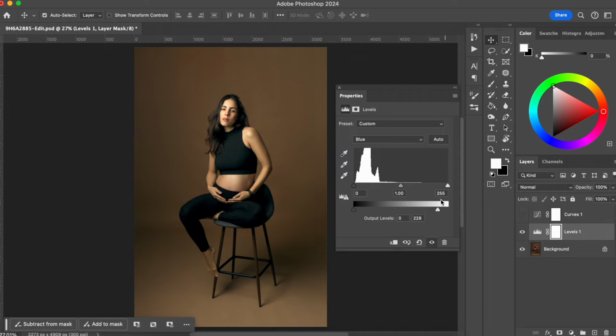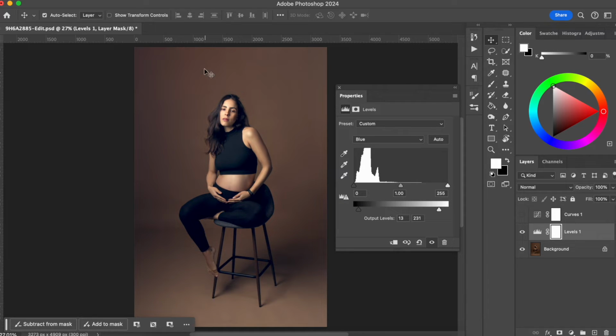And why am I using this one here in the second section is because if I do use the triangle here, I will actually be adding some blue, and that's not what I want to do. I want to actually add some yellow to the highlights, and I want to add more blue to the darker areas. If I get the dark triangle and move to my right, I'm gonna be adding yellow. That's not what I want to do. I want to add some blue. So I'm gonna get the second section here and actually drag to the right, and I'm gonna be adding some